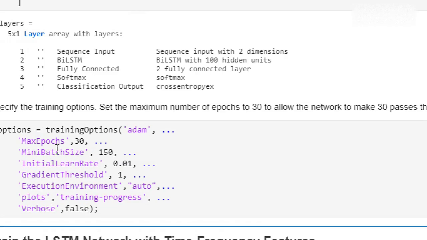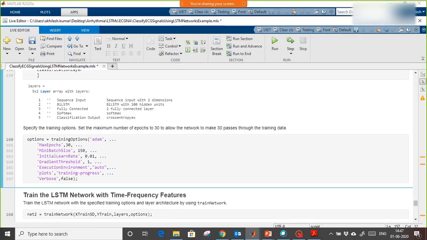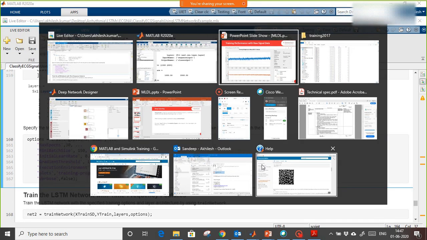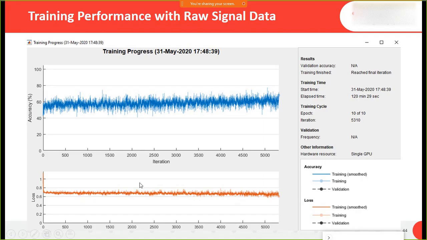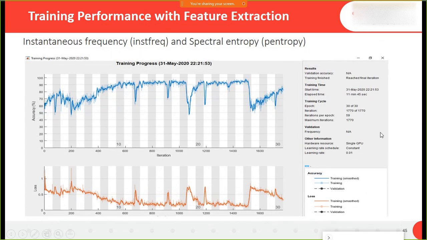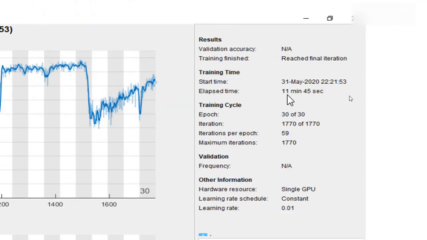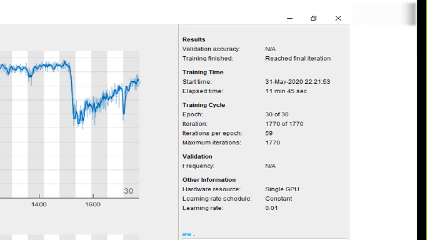And further, the options: maximum epochs, minimum batch size, initial learning rate. I ran this model also, and you can see the training progress here, the second one. In this case, training took only 11 minutes. Before, when I used raw data, it took 2 hours, and after extracting the features it took just 11 minutes to train.